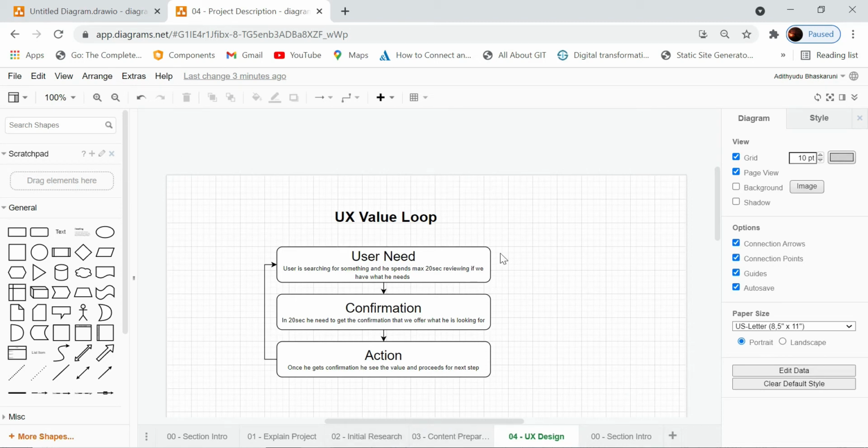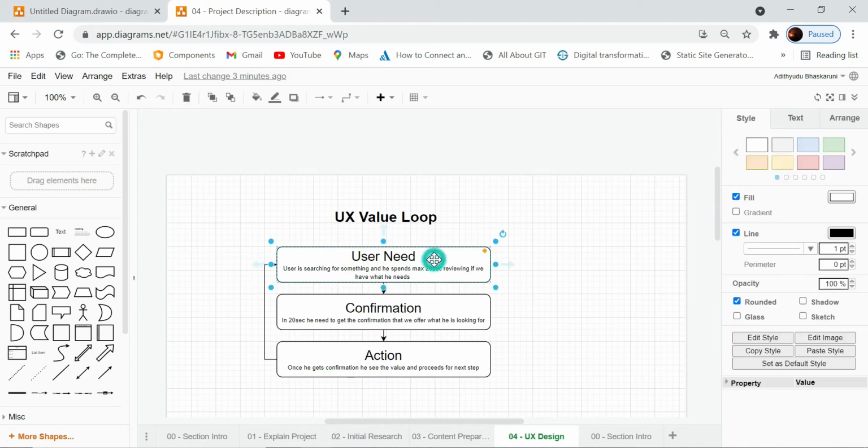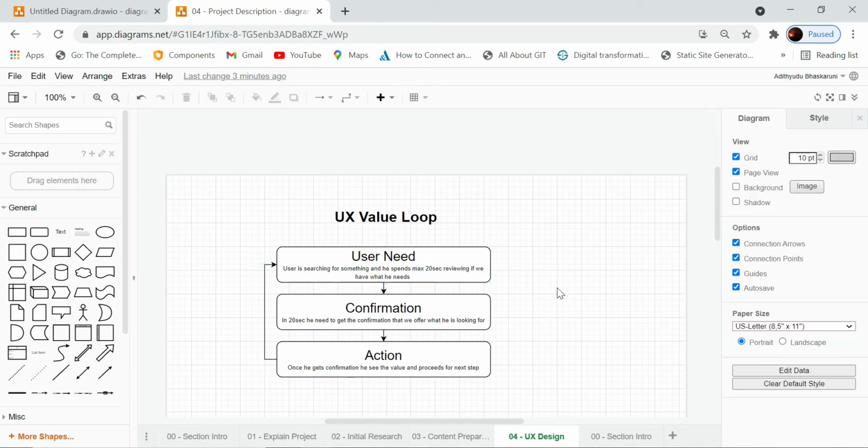Your user is logging into your website with a need. Let us suppose you are pitching one technology. You are saying use this technology for creating your website, and by that you can double your revenue. Or you say five ways you can increase your revenue by investing in these technologies.